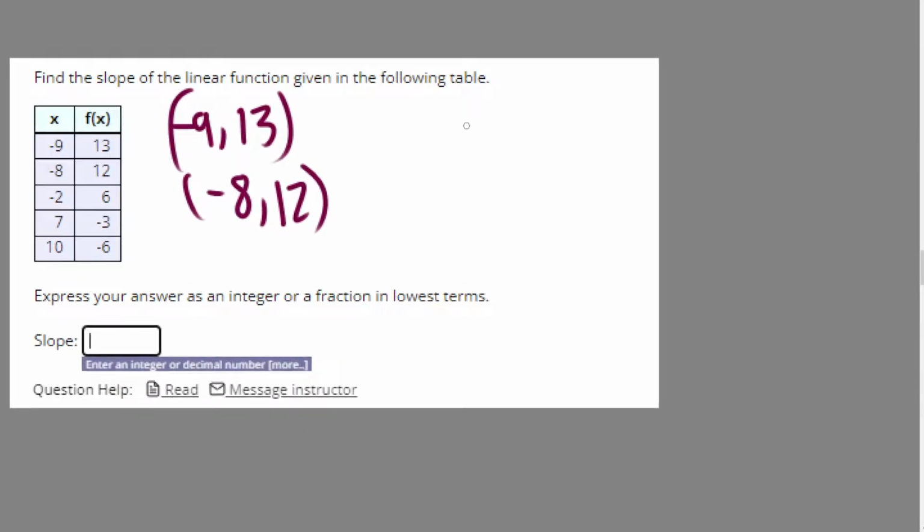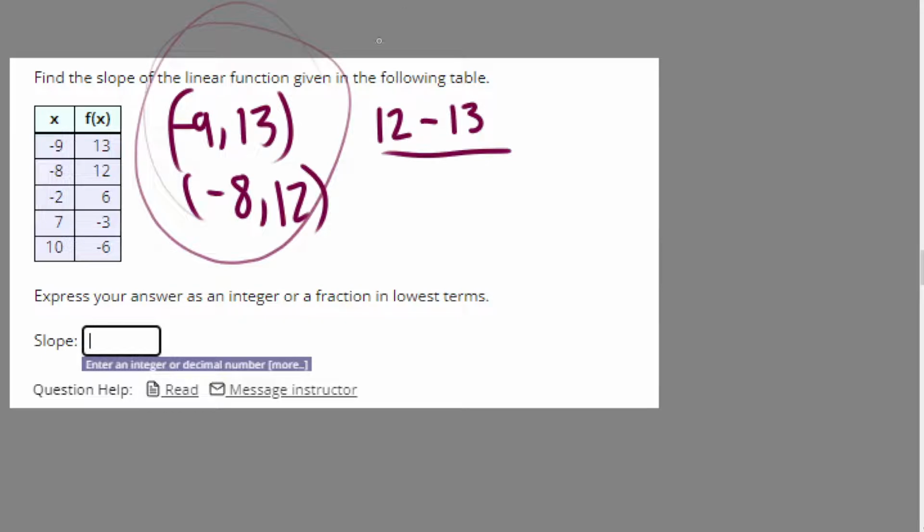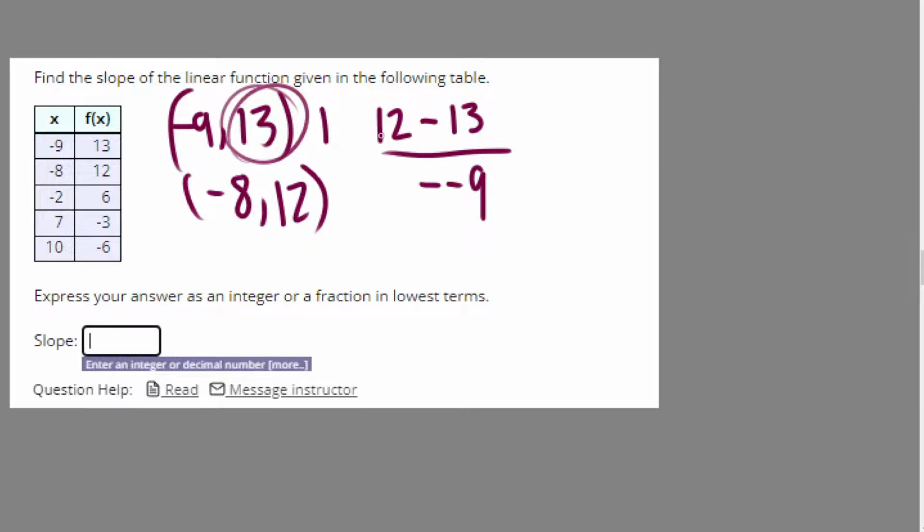Using our formula, we want y1. So let's say this is our 1 and our 2. So we'll have y2, which is 12, minus y1, which is 13, and then divided by... it doesn't matter which one you make y1 or y2, but whichever one you make y1, that will be x1. So we used y1 as 13, and so 1, and so this will be x1. x1 will be negative 9, so we'll do minus negative 9. And then we'll have negative 8 here. So that will give us